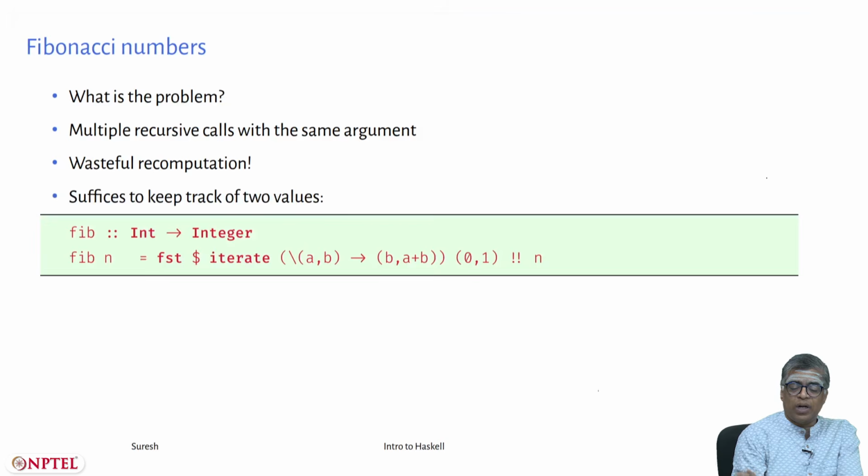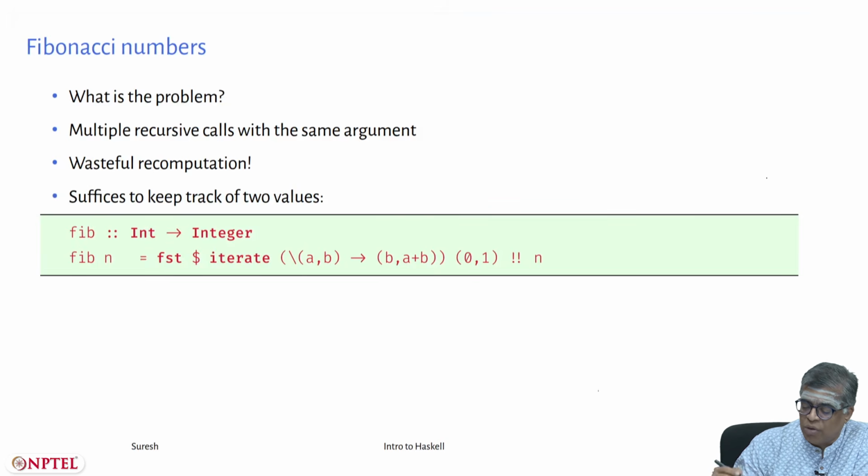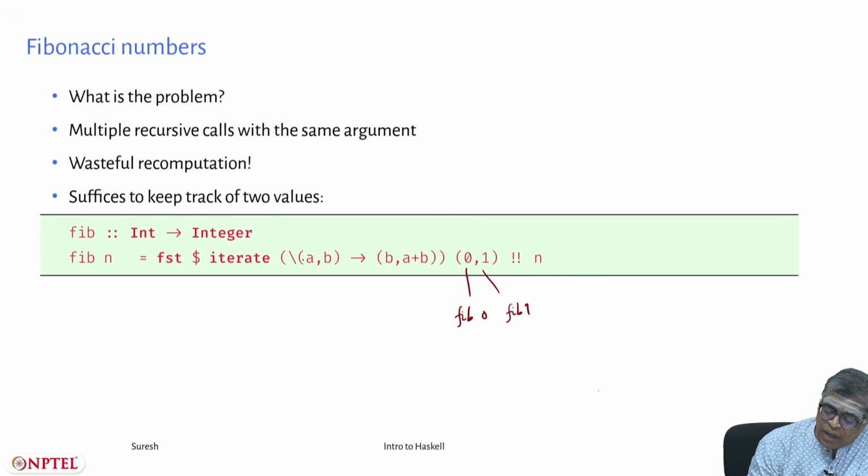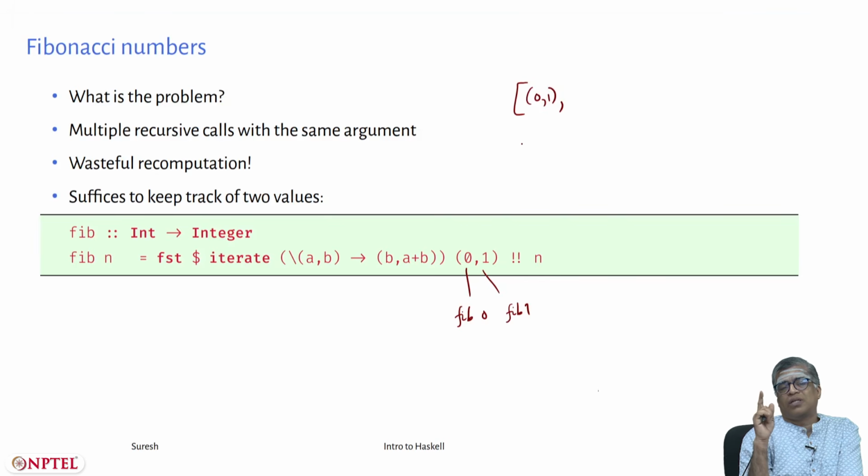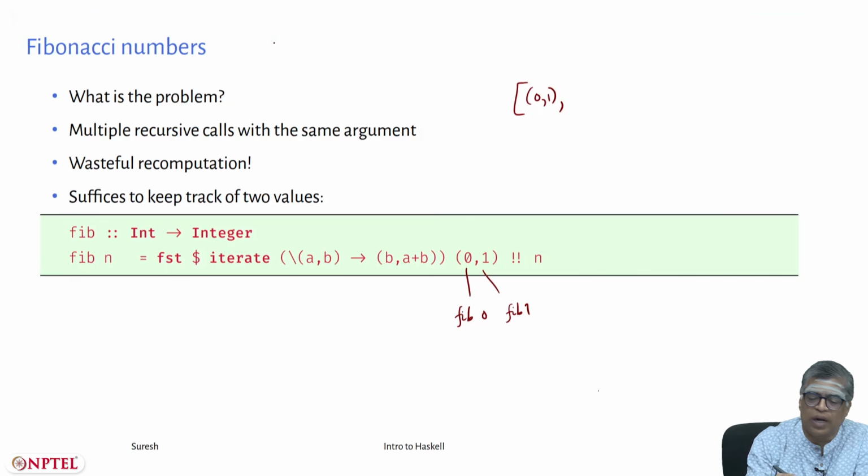Right, and the way you do it is that you initially store 0, 1, because this is fib of 0, that is fib of 1, and you iterate the following function. Maybe a strange way to do this, because all I am doing is starting with 0, 1. Remember, iterate will start with an initial value, iterate of f x,